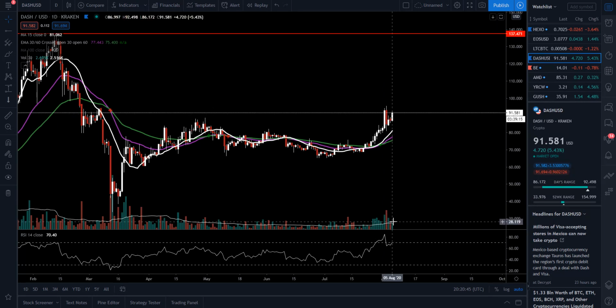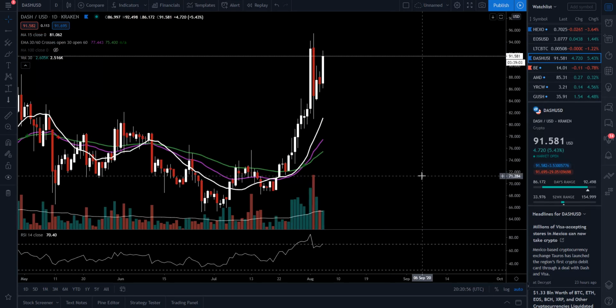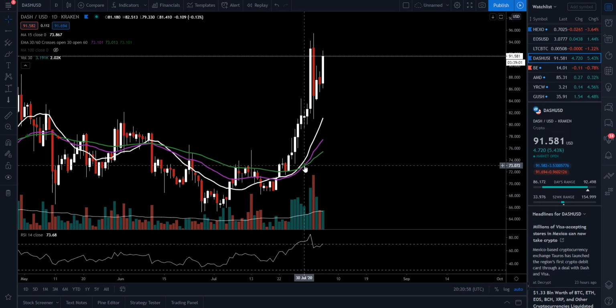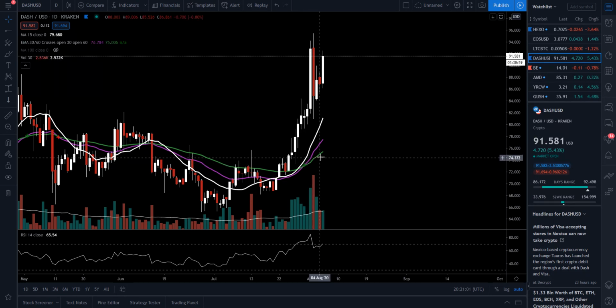We need some more volume. That's what's going to be important for us to get up over top of the previous high that we had, because we did have some selling pressure up in here. We're still up above the 15. We're up above the 30 and the 60, and we just confirmed a cross. If you can see this green cross right here, we had that 30 over top of the 60,